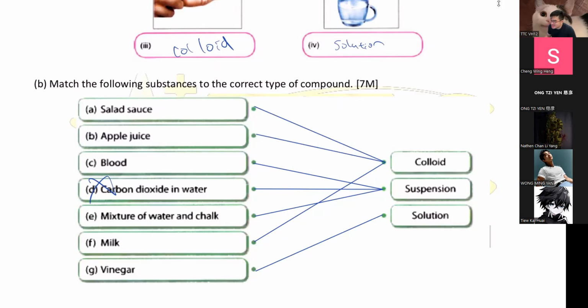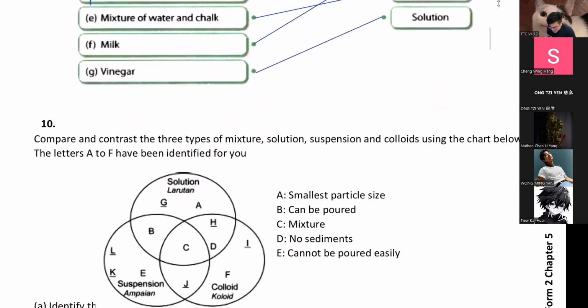Oh, this is something for us to think about. I think apple juice is a colloid lah. Apple juice is a colloid lah because it's not really that transparent, but it's a bit transparent though. Yeah, you see, that's the challenge. Okay. Anyway,